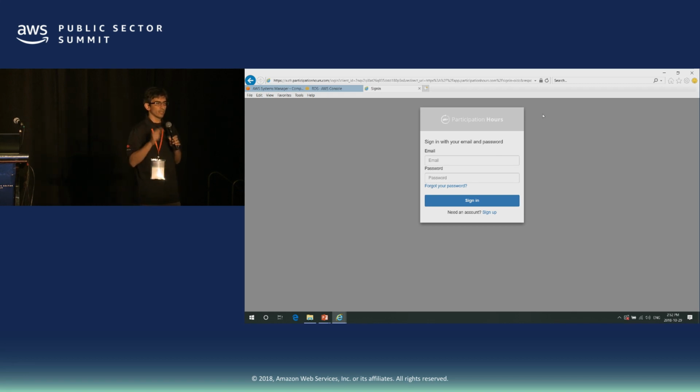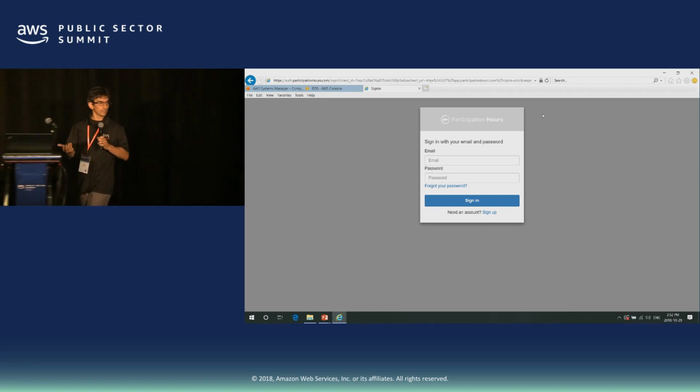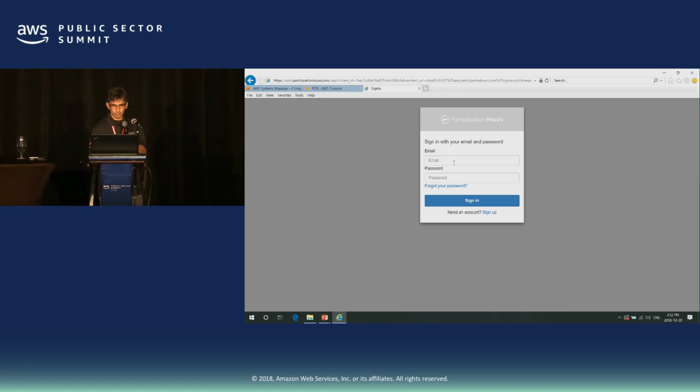The way I have configured, it says, you know what? You have to authenticate against an identity provider. My identity provider is Cognito. So Cognito, it's one of AWS services that gives you authentication services. And I'm using OpenID, which is a form to authenticate. So I'm going to put my username.